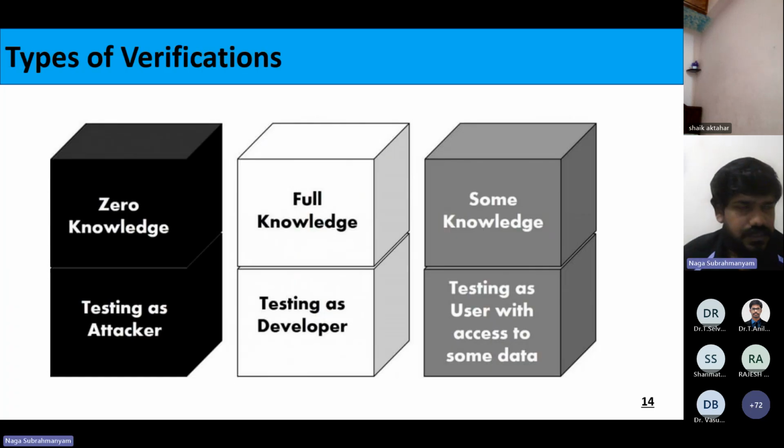I told you previously how to verify a design without understanding the design, right? It is not necessary to understand the design every time. That makes the difference between a verification engineer and a design engineer. If a verification engineer tries to understand the design, this person can become a designer at any time, right? So they are two different things, but they go hand in hand. This is black box verification, meaning you don't have any knowledge of the design, but they will give you the pin level signals. Okay, there is a pin, right?